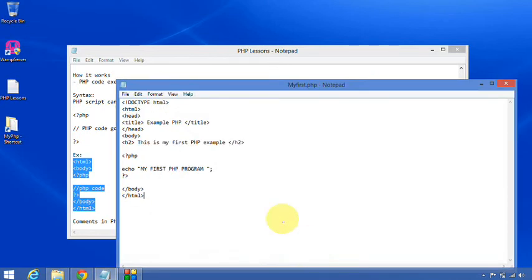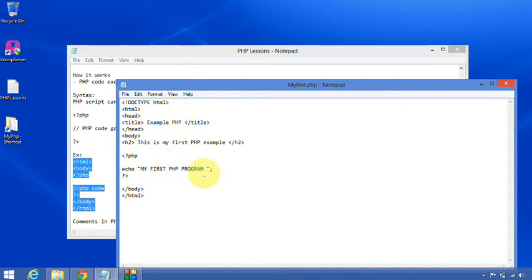I saved my file, and here I have a declared doctype. It's a simple HTML, which is nothing but I'm using HTML5. If you want to use HTML4 or older versions, you have to give some extra details here. HTML5 is a simple doctype declaration. That's why I wrote it here. No need to give extra content here. The simple doctype html itself tells the browser that it's using the HTML5 version.